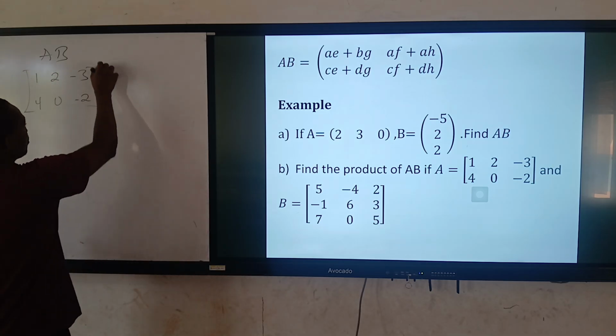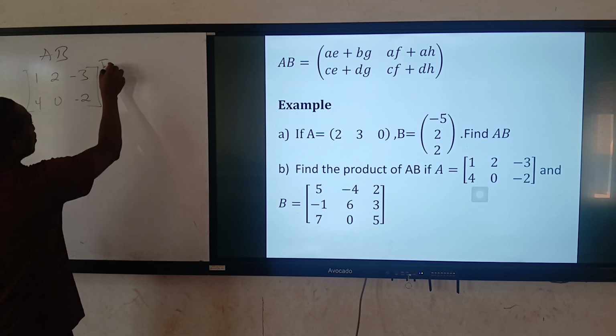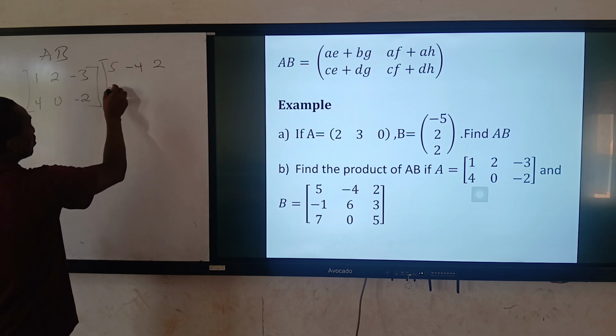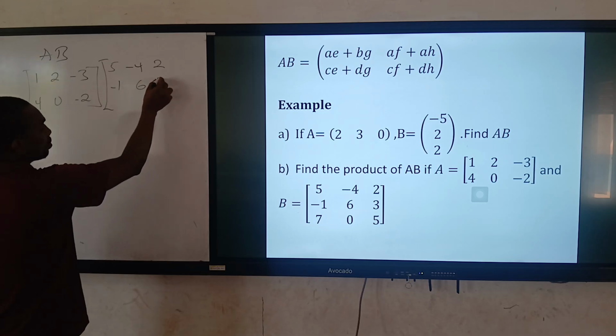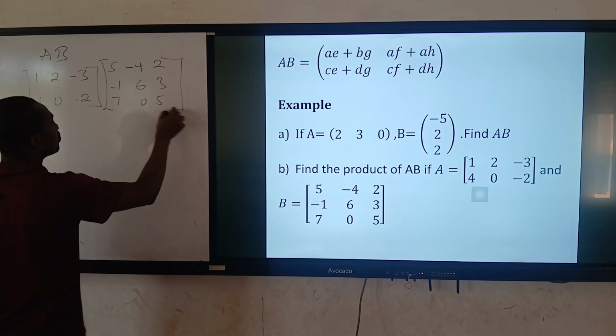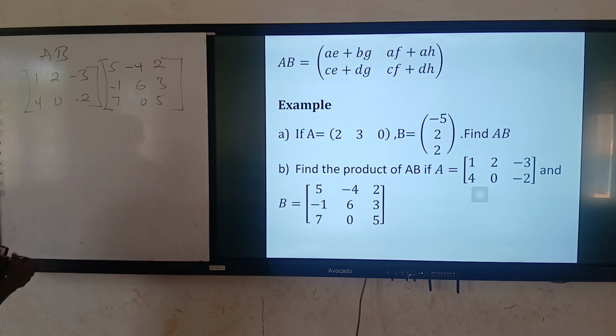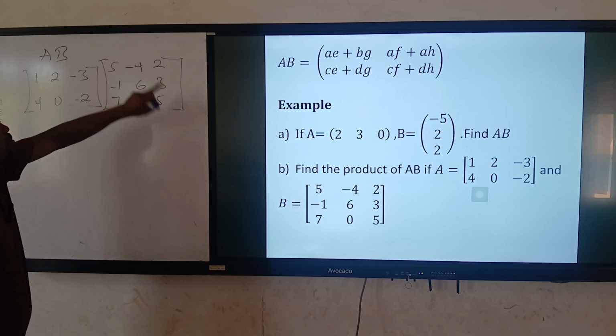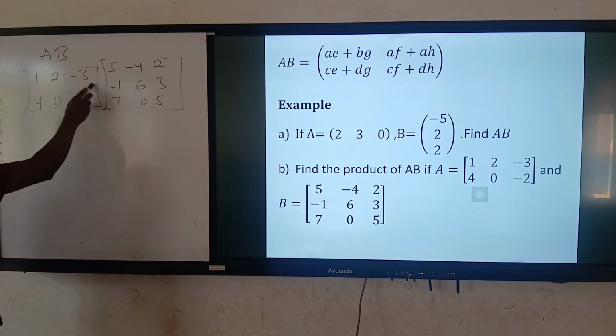So we are multiplying these. First we take the first row here and multiply by the column of the second matrix, by this and by that. So when you take this row,